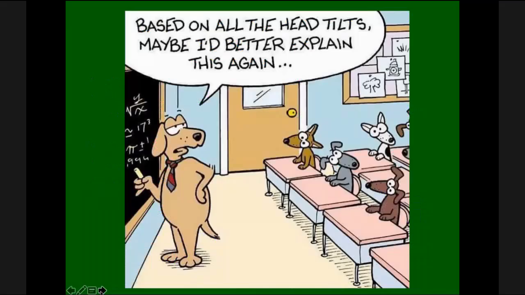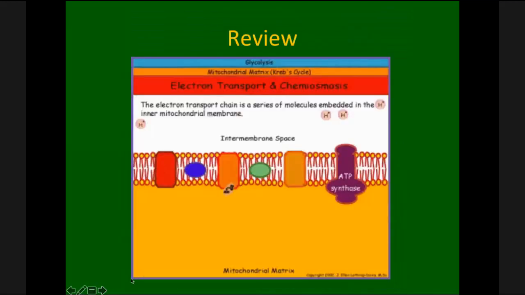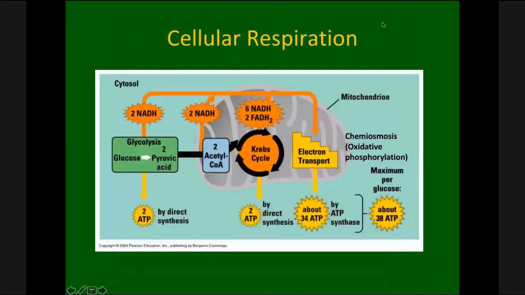Any questions? Cellular respiration. So I have a worksheet that I'm going to load onto Canvas for you guys to review. It basically is a bubble flow chart that walks you through what the 4 steps are, how much ATP, how much NADH, how much FADH is made at each step, and where they occur. So it'll help you to recap cellular respiration. So I'm going to skip that for a second, just to overview,